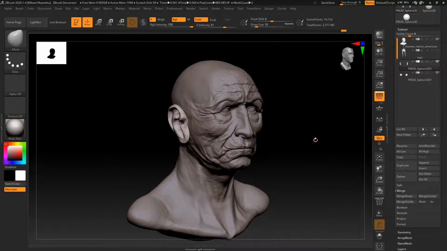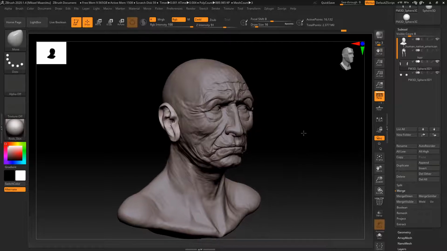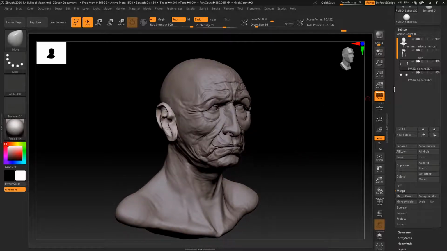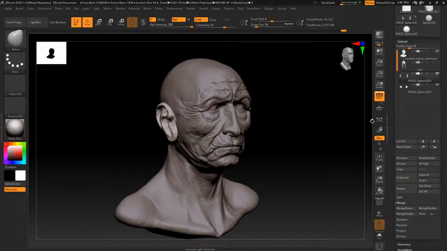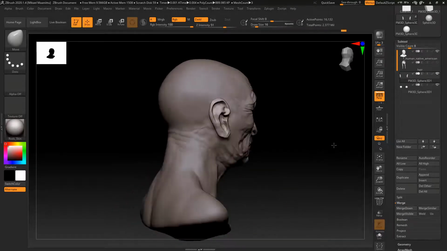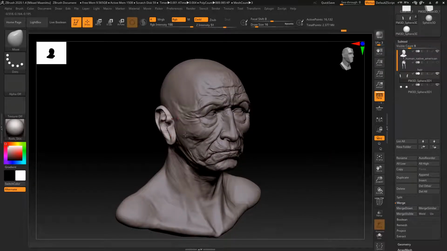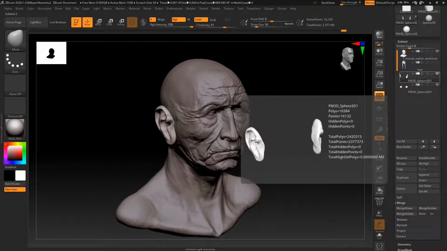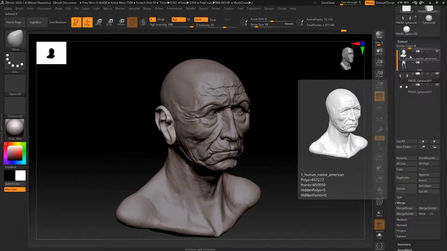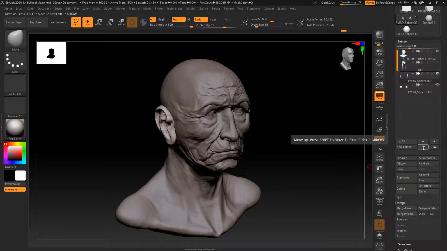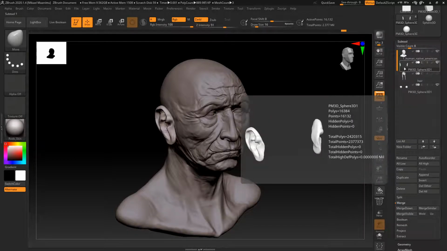I also showed you how to merge two objects. So now we have to do that yet again. We are going to merge the head with the ears. In order to move this subtool beneath this head mesh, we use this arrow. As you can see, it moved